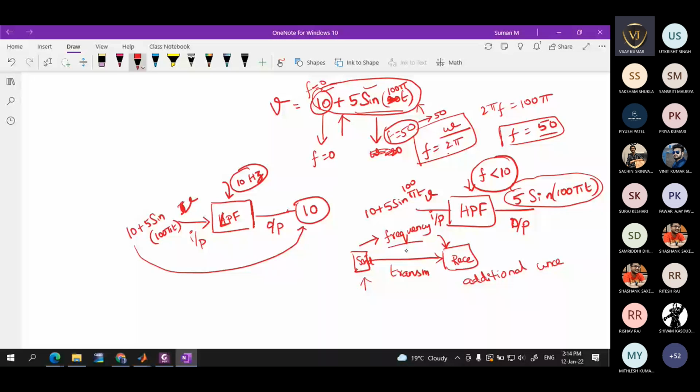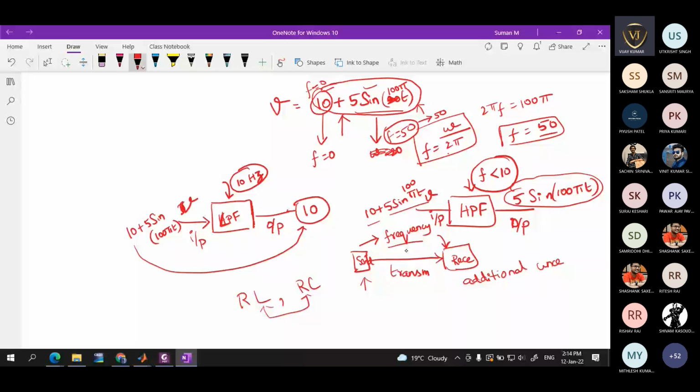So if you want a DC signal, then you can put a low pass filter, so that it will remove all the high frequency signals and allow only the low frequency signal. In the other case, you can apply a high pass filter if you want only high frequency signal and remove the low frequency signal. There are other types of filters. Basically, RL circuit and RC circuit, both can be used individually as a simple low pass filter and high pass filter.